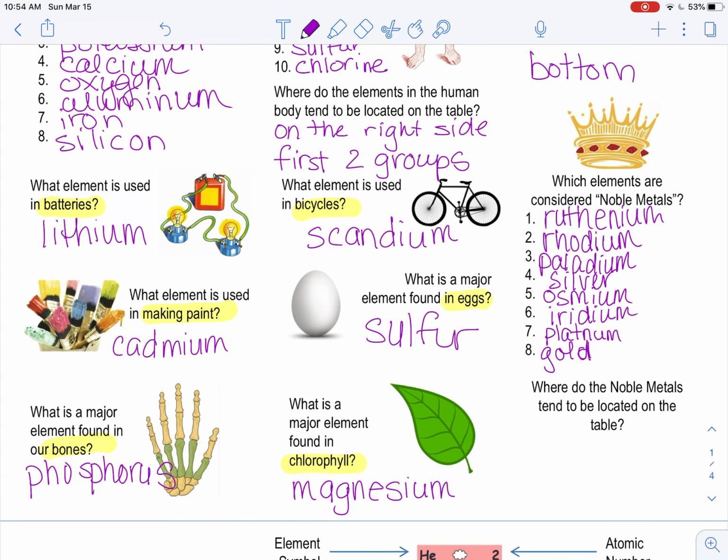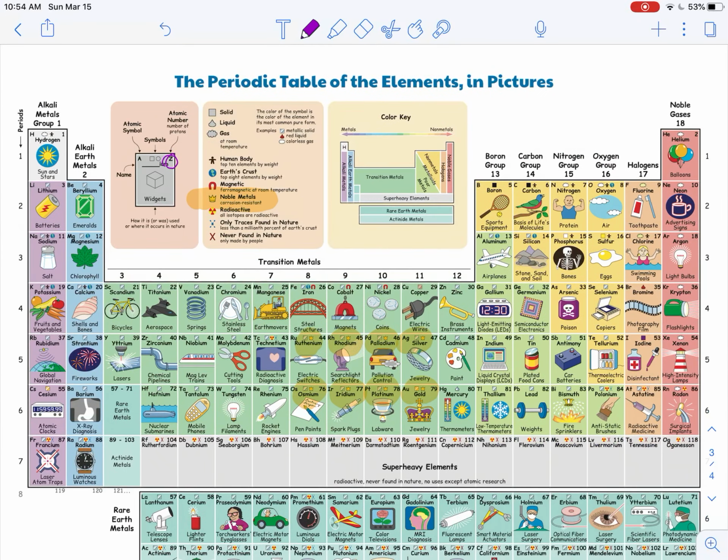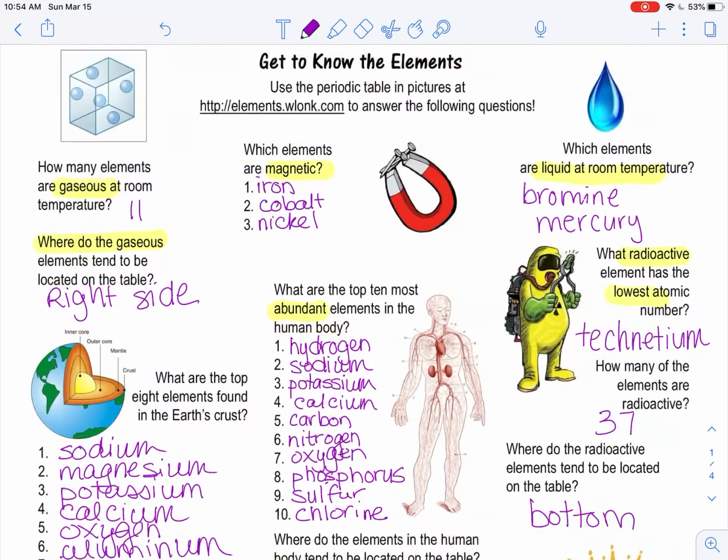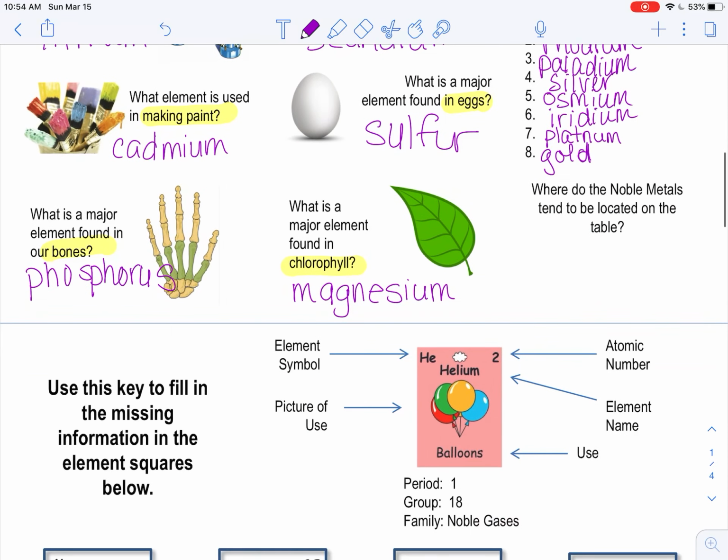And for our last question, where do they tend to be located on the table? So they are right here in our transition metals. All right, that's it for the front of our worksheet. We'll take a break and then we'll start a next video on the